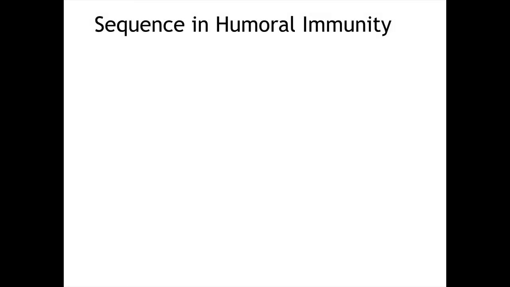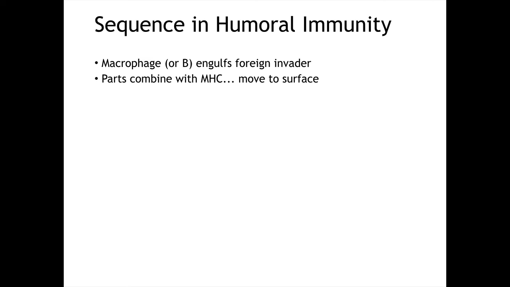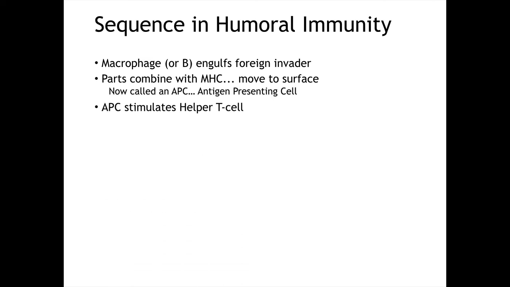So here we have the sequence of events. This is humoral immunity, which uses the B cell line. It's going to start off the same way. The macrophage, or a B cell, is going to gobble up a foreign invader and present bits of that protein sequence on the MHC class 2 complex on the surface of the cell. If it's a macrophage, we're going to call it an antigen presenting cell. That antigen presenting cell is going to release some interleukin 1, which will stimulate the helper T cell